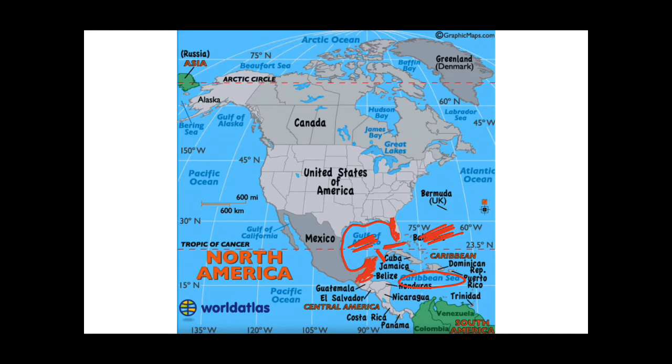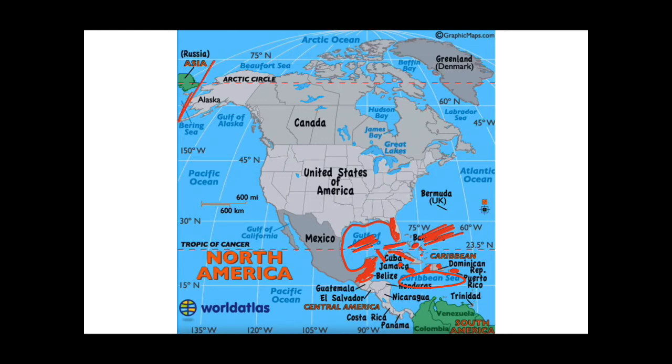After that we read about these islands. This is the Cuba island, which does not pass through the Tropic of Cancer. These are the Bahamas Islands, small islands passing through the Tropic of Cancer. Then we see Haiti, Dominican Republic, and then Puerto Rico, which is a territory of the USA. After that, this is Jamaica, and to the south of Cuba lie the Cayman Islands, which are the territory of the UK.